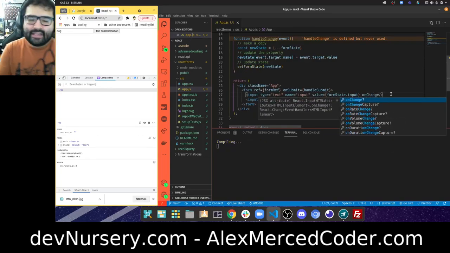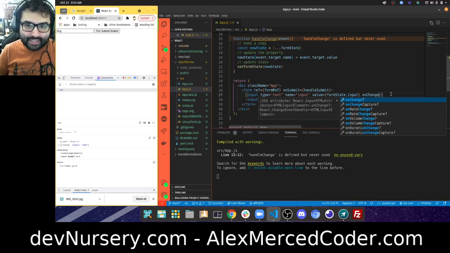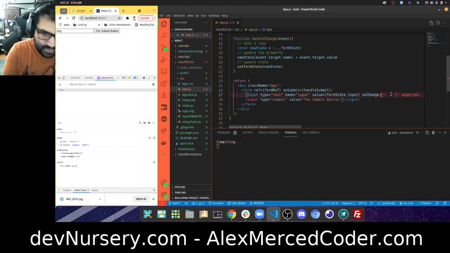And here's the thing to keep in mind with React. React's onChange event is different than the normal onChange event in the browser. So onChange in the browser basically gets triggered when your form is out of focus. So basically I have to click on the form and then click outside of the form for the event to trigger. React changes this for some reason, and instead of making it something like onInput, it triggers on every keystroke. So if I do onChange equals handleChange,